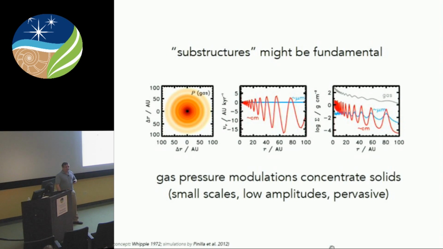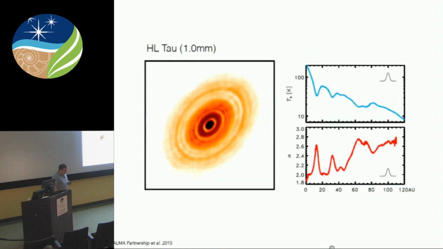And I was fascinated by this paper, but I also chuckled. I was like, oh yeah, you're not going to have all these little tiny rings in disks. And then ALMA started using its longest baselines to get few AU resolutions of disks. And sure enough, you start seeing little tiny rings in the continuum emission. So this is the HL Tau disk.